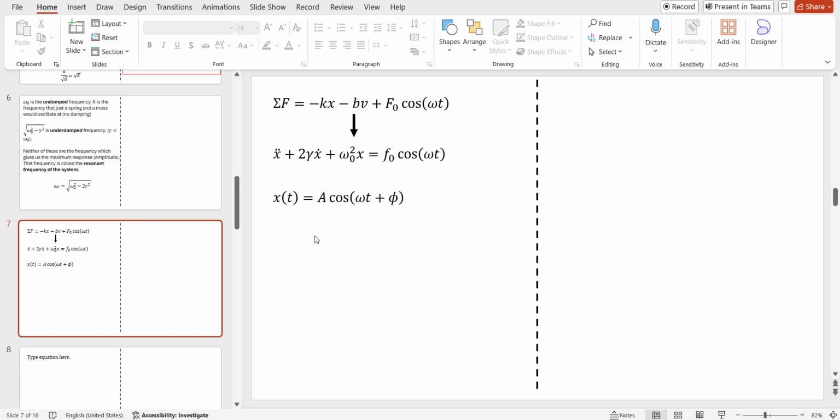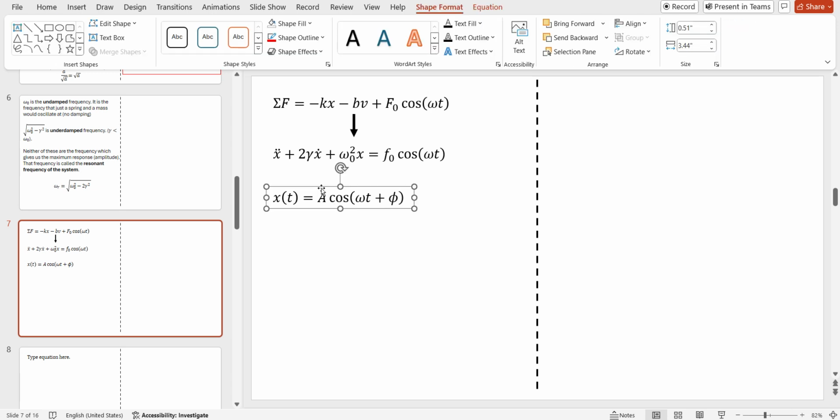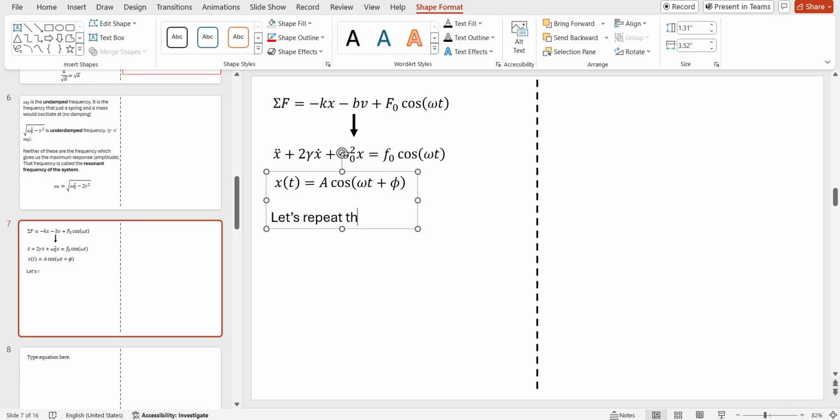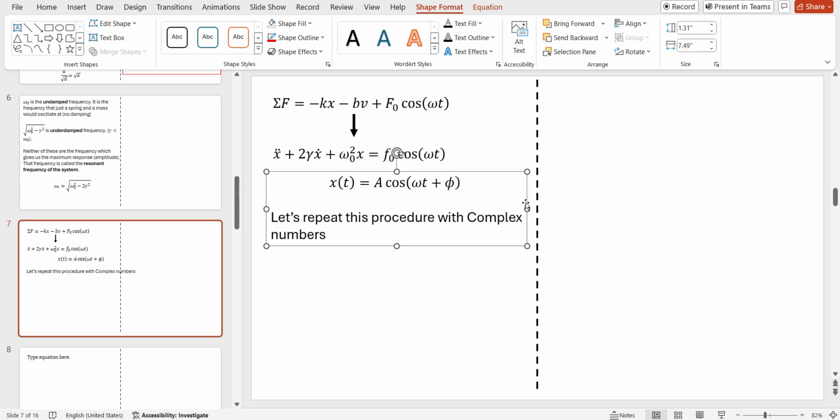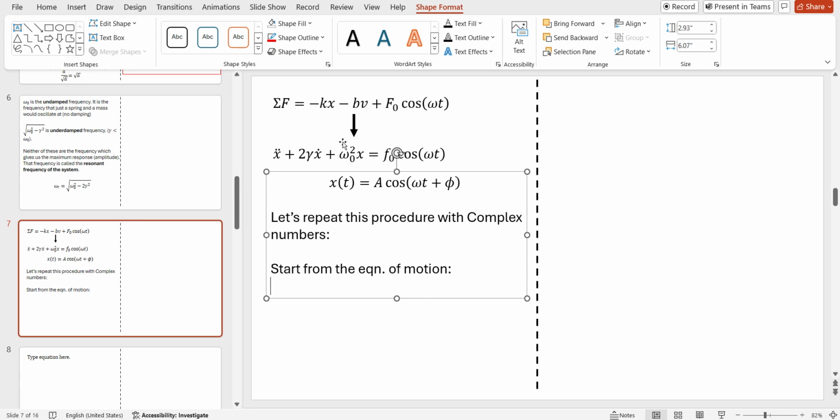So we're going to basically do this again. We're just going to do it with complex numbers. And so how are we going to do this? Let's repeat this procedure with complex numbers. Start from the equation of motion. So remember, when we were doing complex numbers last time, we had to somehow turn